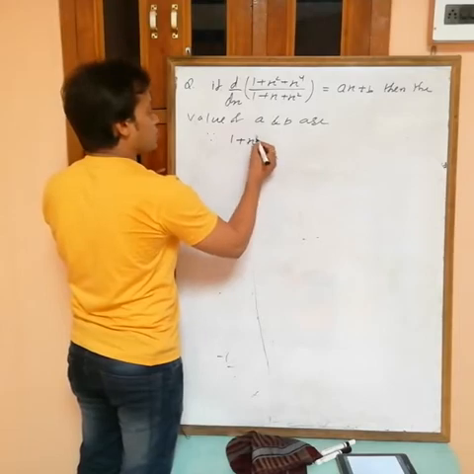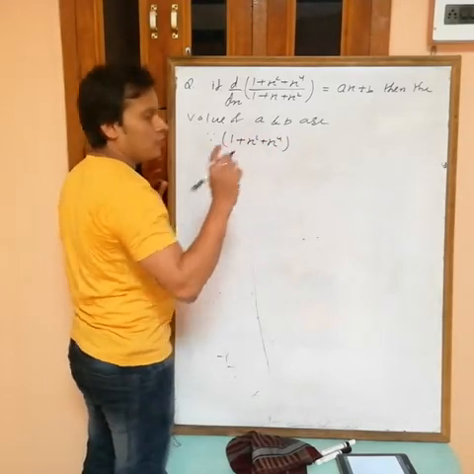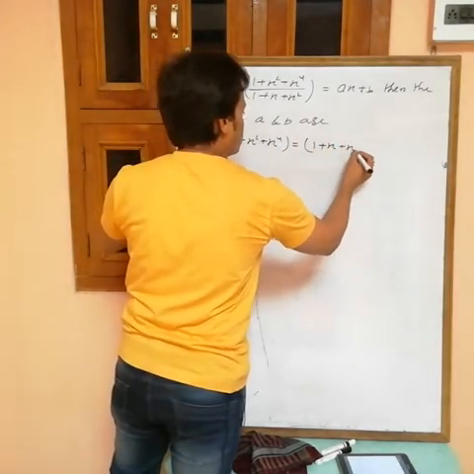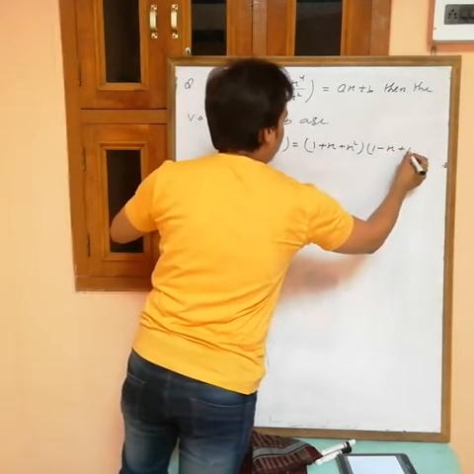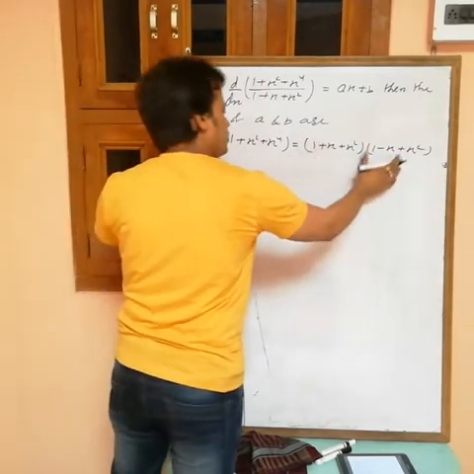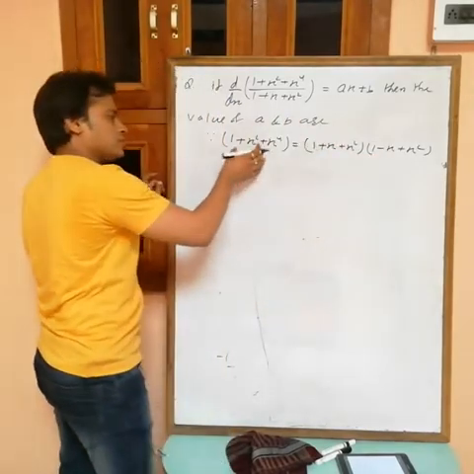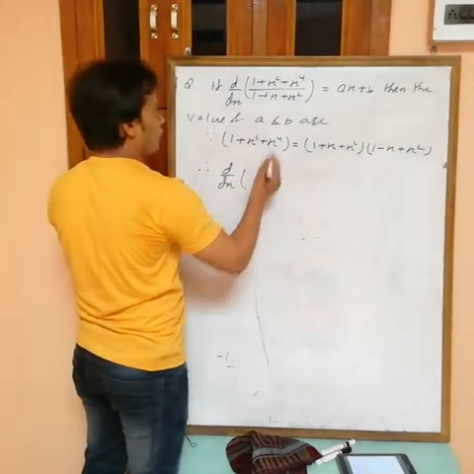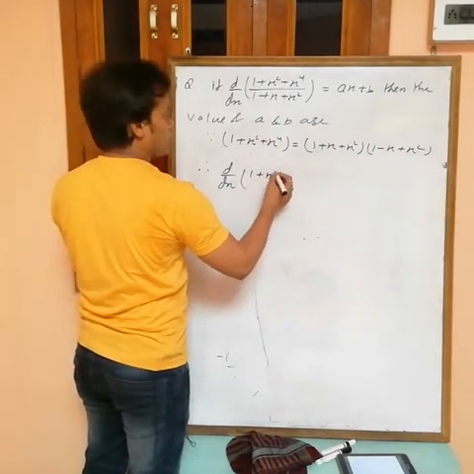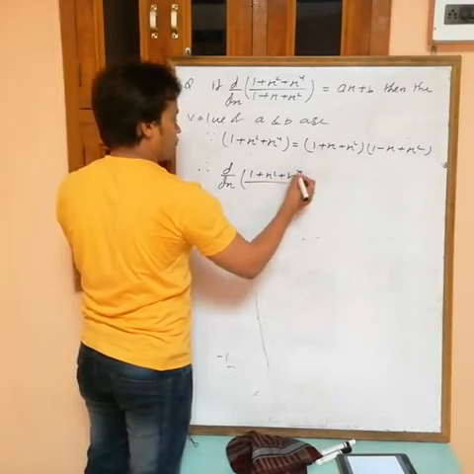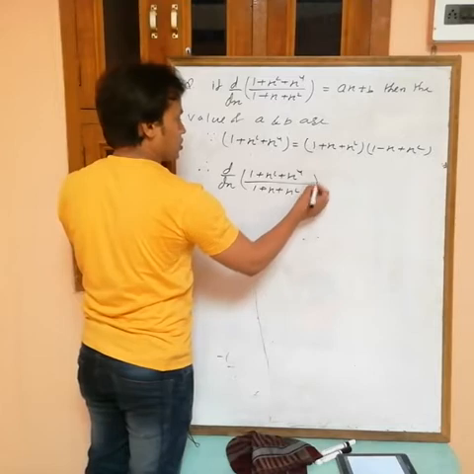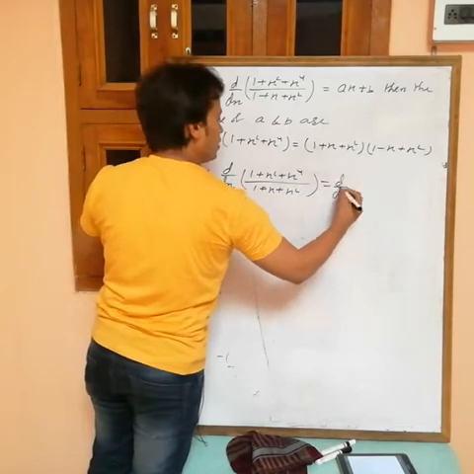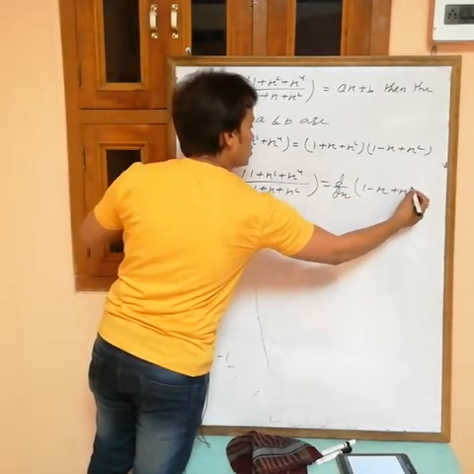Okay, now remember, 1 plus x square plus x power 4 always has two factors. Okay, this can be written as (1 plus x square) into (1 minus x plus x square). If you multiply this now, then this product is always equal to this one, and remember this factor. Okay, so d by dx of (1 plus x square plus x power 4) by (1 plus x square). So if you divide this one with this one, then this will be cancelled out. Now what remains? D by dx of 1 minus x plus x square.